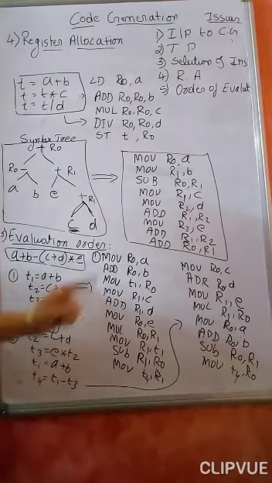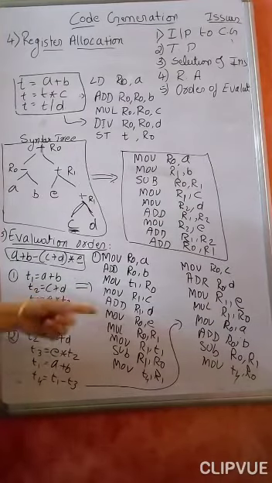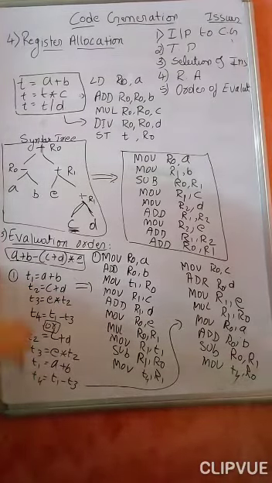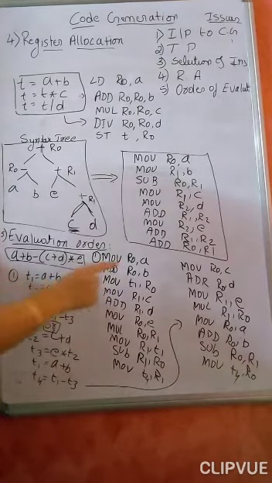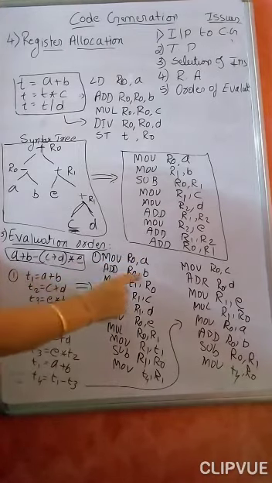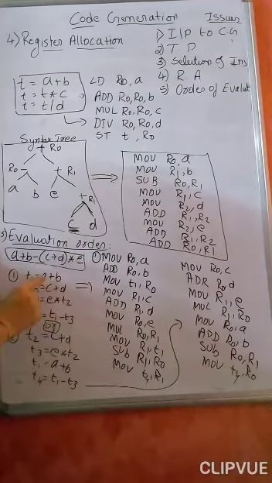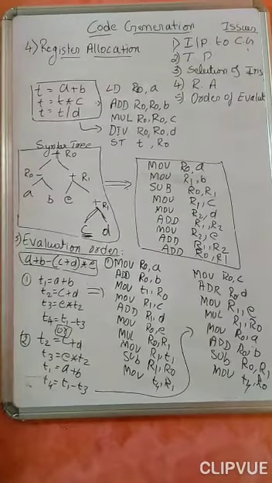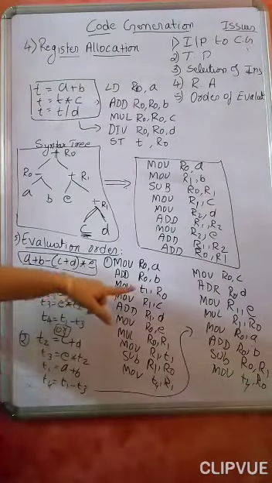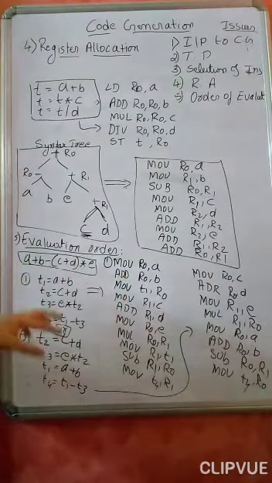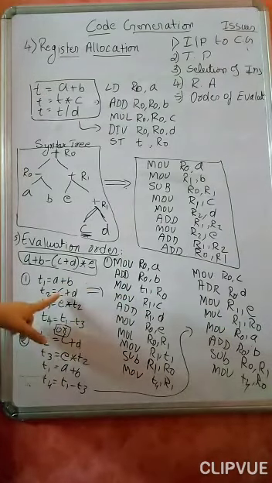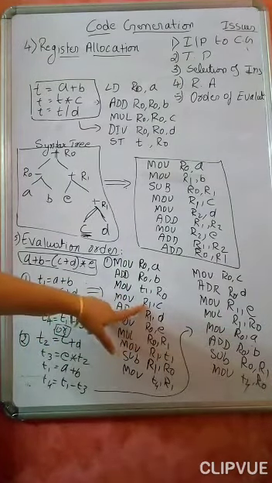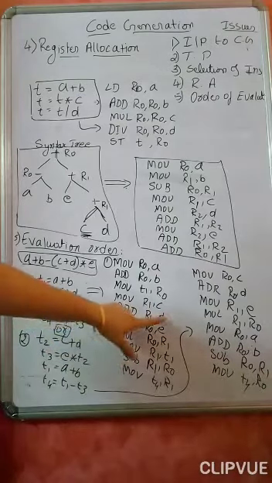Now we will see how to write the assembly code, the object code, for these 2 orders of evaluation. When I consider this particular one, initially a will be stored in R0. I am adding b to it, so the result will be stored in R0. Again I am storing that result, whatever is there in R0, back to the temporary variable t1. We store it back into t1 because we are using t1 afterwards. Then c will be moved to one more register, R1, and we are adding d to R1.